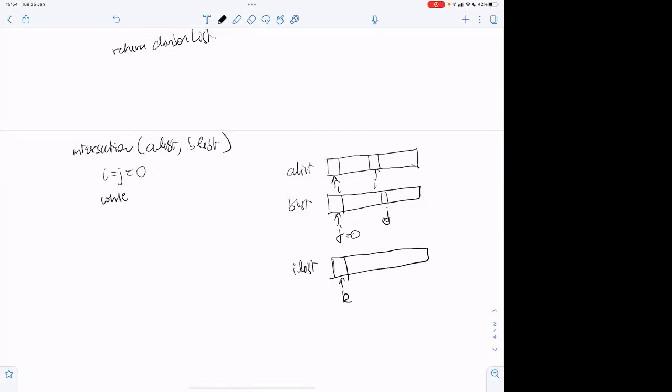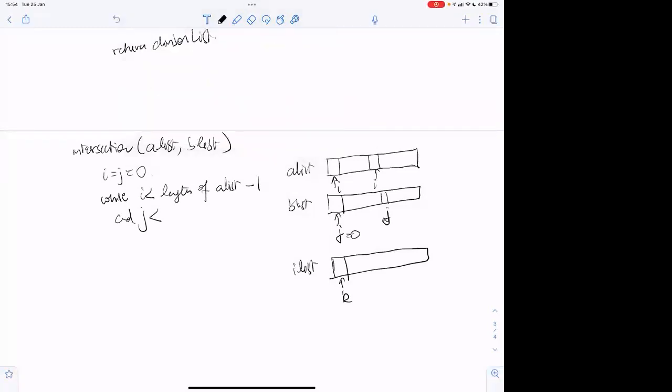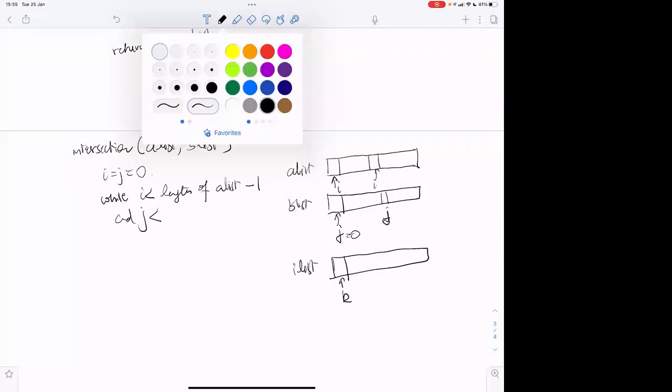while I is less than length of A list and J is less than length of A list minus 1, because I and J start from 0 and the length goes up to include the 0, correct?